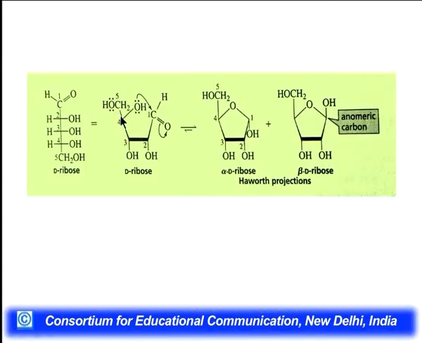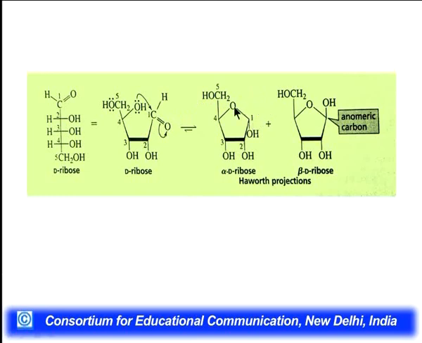Similarly, what I have shown for ribose, we write the structure in such a manner that the CH2OH is on the left hand side, and when we are writing the D form, please remember this CH2OH has to be on the top. And second, when we are writing the furanose form, what you have to remember is that in furanose form, the O is going to be on the top of the ring, whereas in case of pyranose form, the O is going to be on the right hand side corner of the ring.